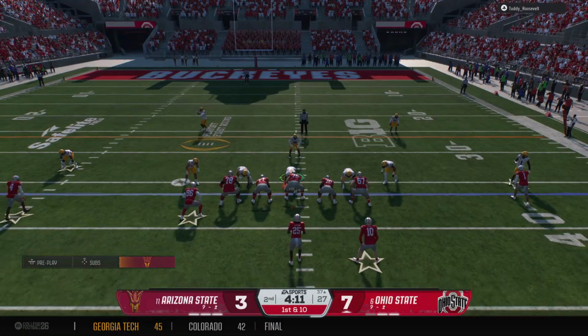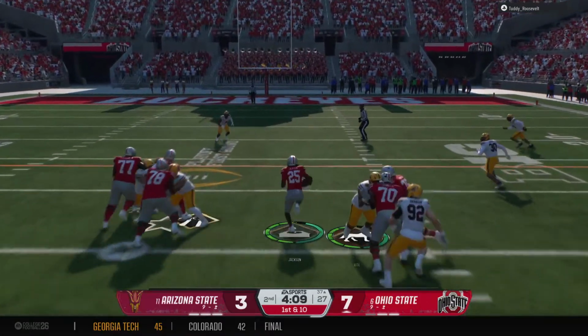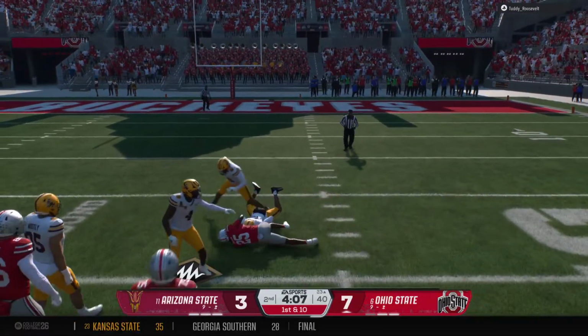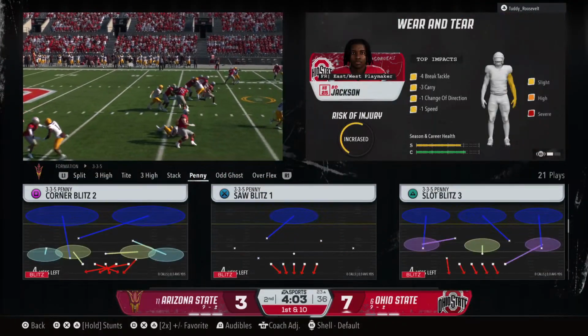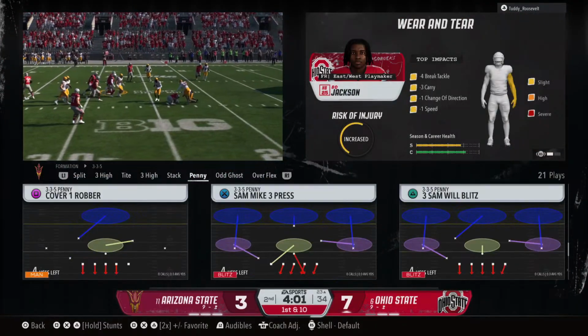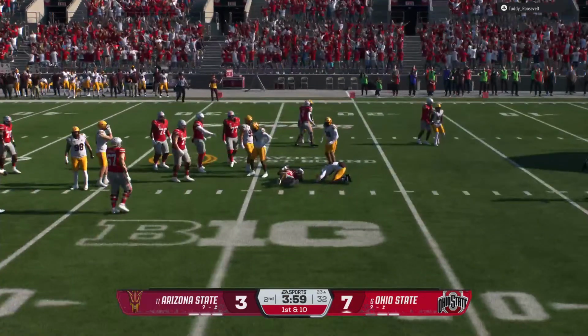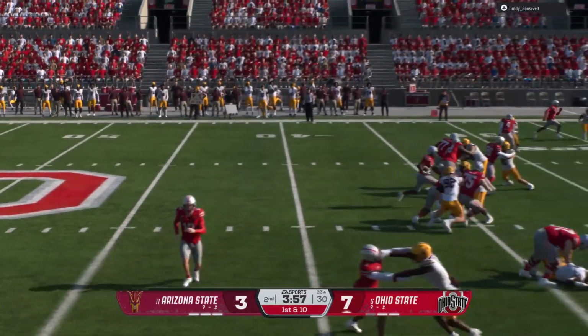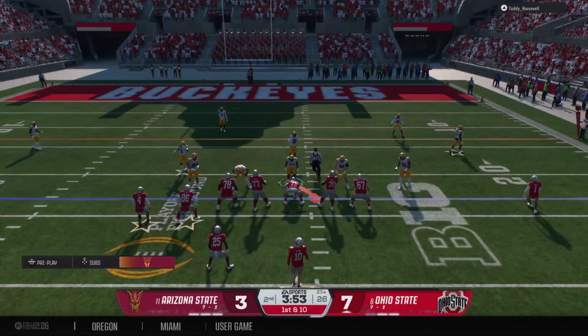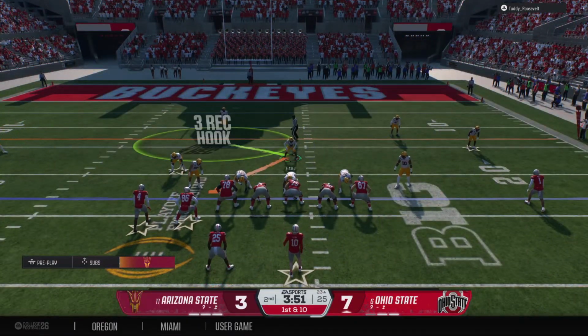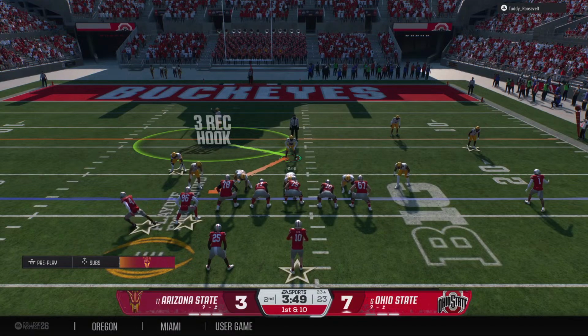Motion by the back will make the defense adjust. He finds some space. He's stopped at the 23. This offense is getting close to the red zone. Well, it's a beautiful run here for the first down, really living up to that reputation of the great backs that they've had over the years. Think about Archie Griffin and Eddie George, Ezekiel Elliott, J.K. Dobbins, just so many great backs. We're seeing another one right here.